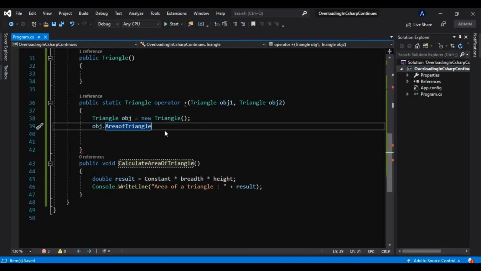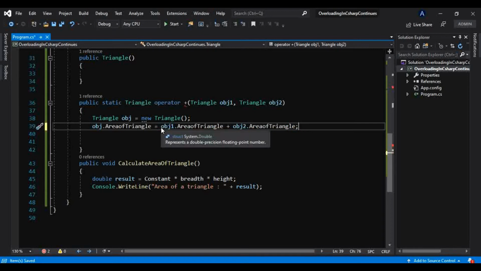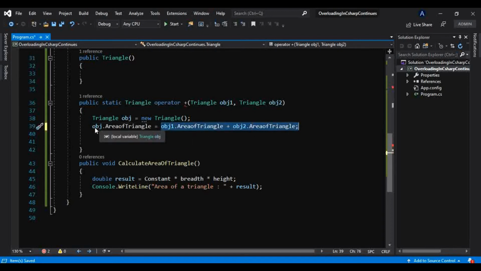Now what we can do here is, whatever object 1 has as the area of a triangle, that is the calculated area of a triangle, we will store that into this AreaOfTriangle. So don't worry about that. What I will do is plus obj2.AreaOfTriangle. So the addition of both these areas of triangles we want to store in one another object's AreaOfTriangle.